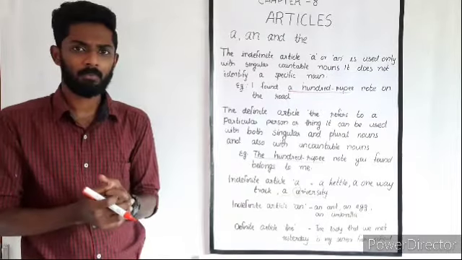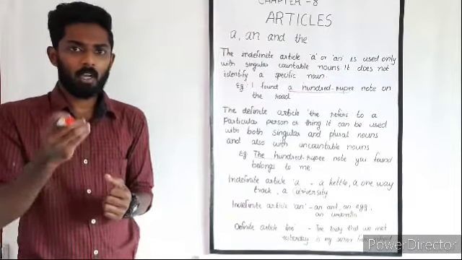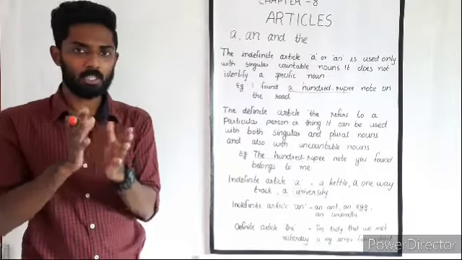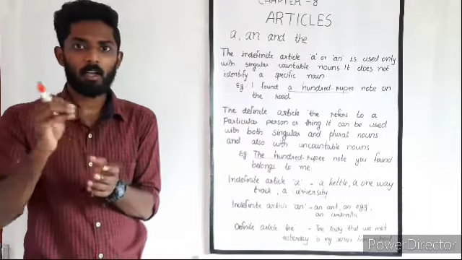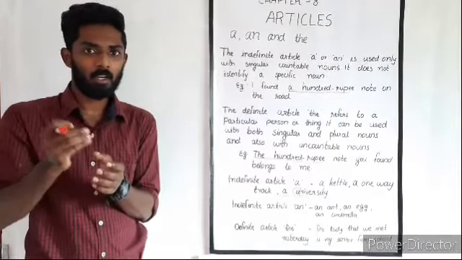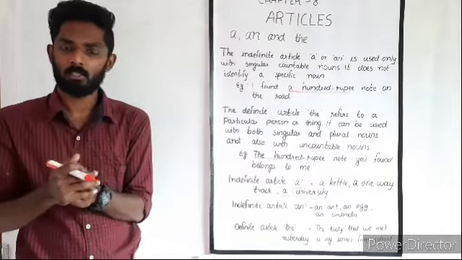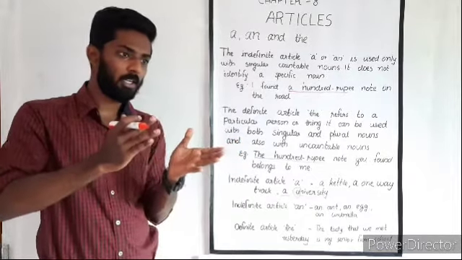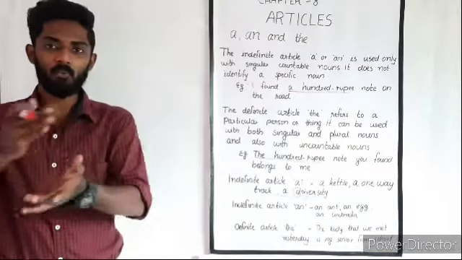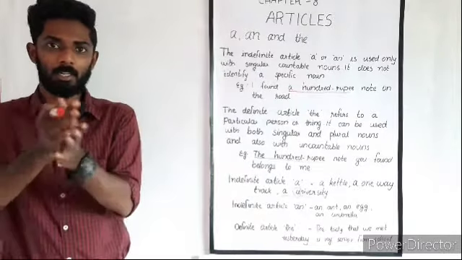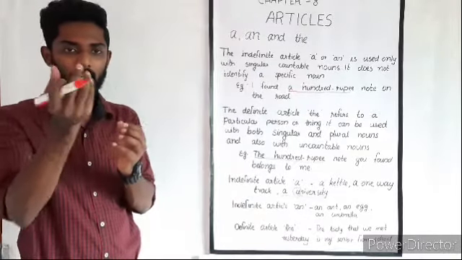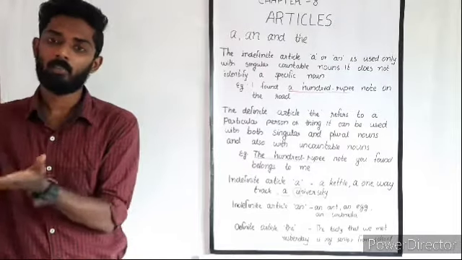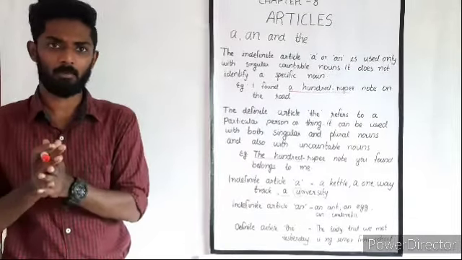So what does it mean? Here, after half, a liter. So there is a difference between these two. One is 1.5 liters and the other is half a liter. So what is the difference? Here they are speaking about 1 which is followed by half a liter. But in the second example there is only half a liter, in the sense only half a liter is there. So that is the example.